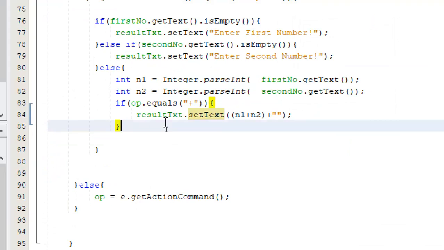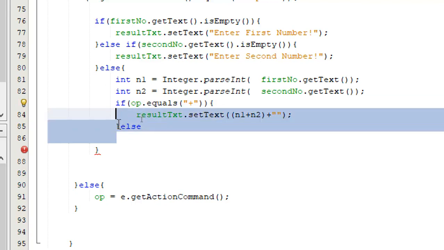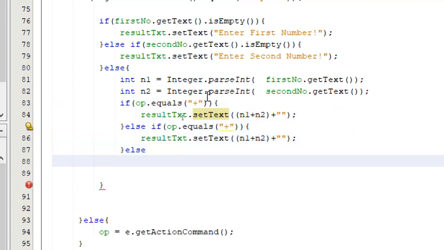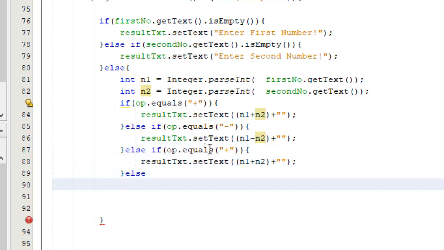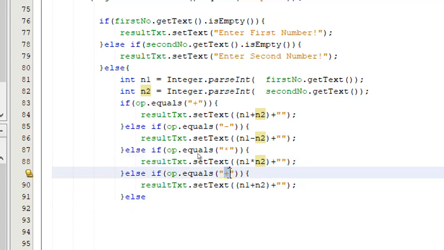Again, I will not type that whole thing again. I will just type else. After that, I'm going to copy paste my previous computation. So I have already done it for plus. Now I am doing it for minus, and the symbol that I need to change is minus. Same thing I am supposed to do for multiplication. I did it for minus. Now I am doing it for multiplication. Same thing I am supposed to do for division. Let me do it for division.